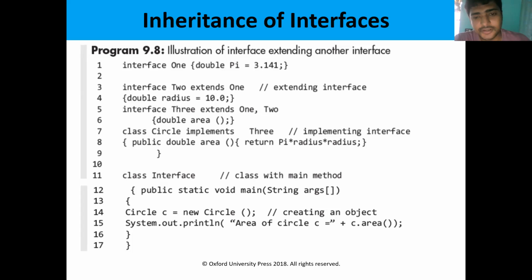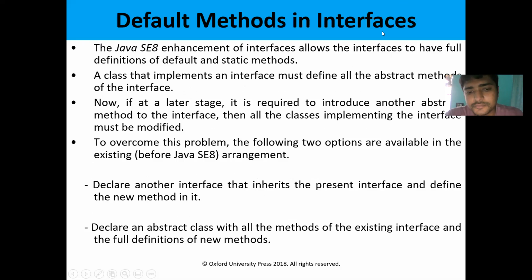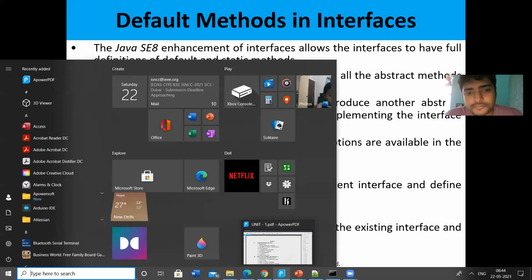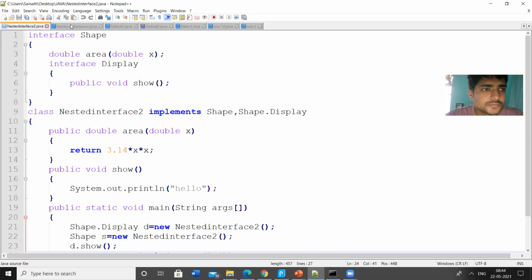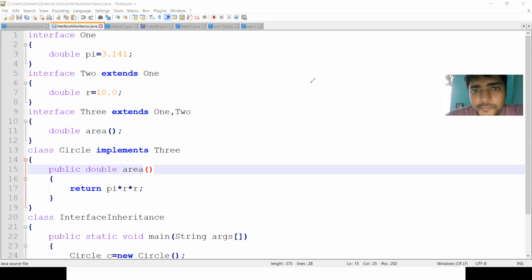Let us see one program. Here I am defining an interface.